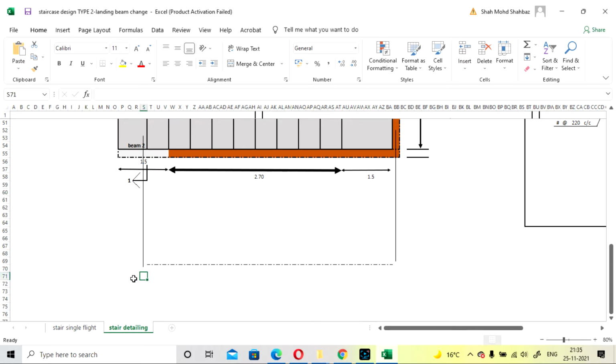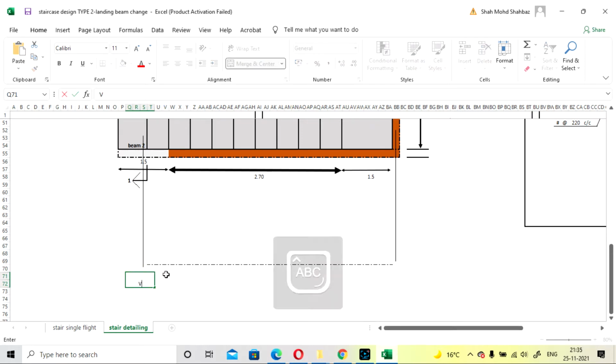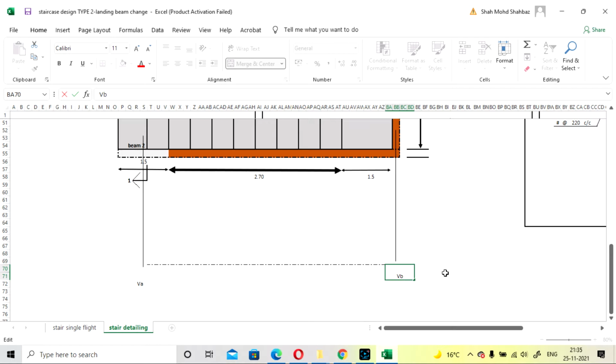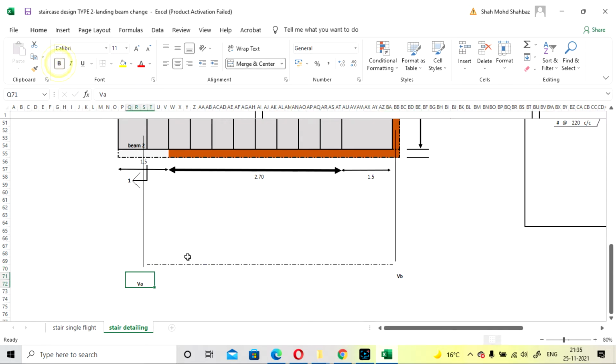So here I will mention: this place is VA and this place is VB. So both the reactions will be calculated here.